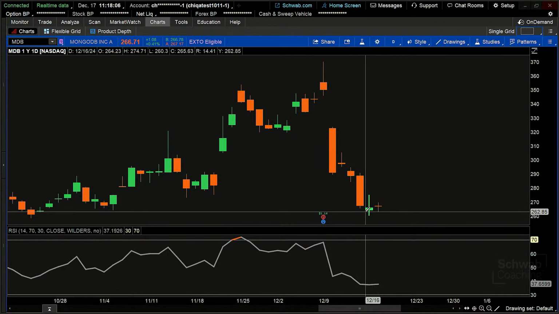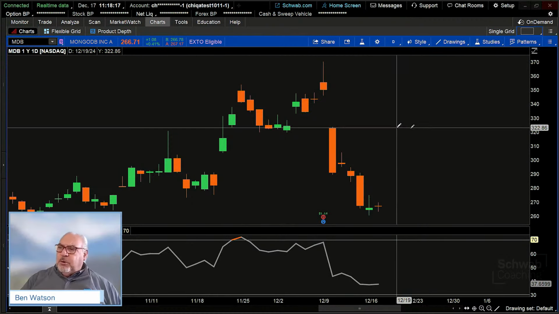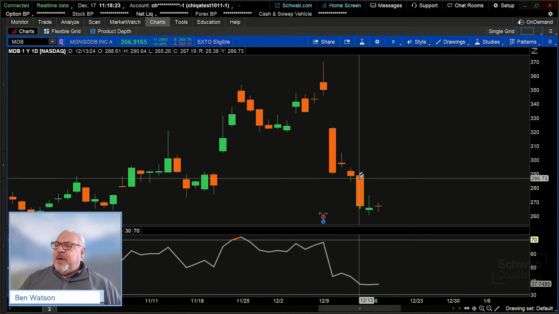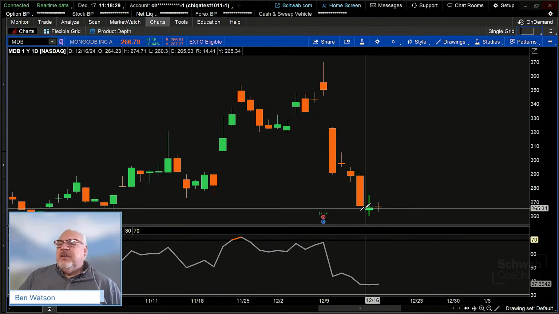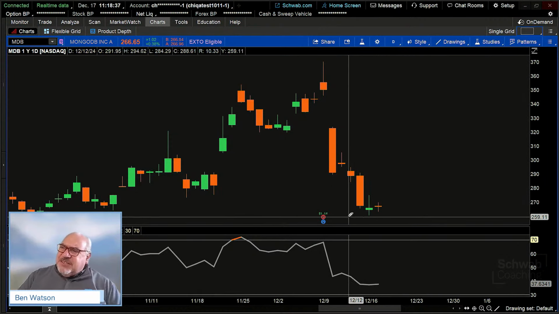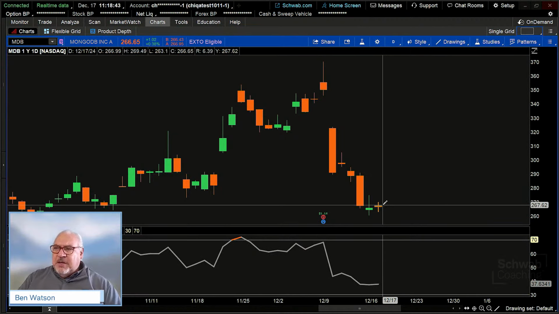Now, if the overall trend coming into this were maybe a little bit more bullish, right? If the longer term trend were overall more bullish, we might be looking at this type of pattern as what we might call a morning star type of pattern, where we get a big momentum candle, then we get kind of an equilibrium candle, but not really. And then we get a move back to the upside. And that's kind of the dawn, if you will, the new uptrend. But in this particular case, I don't know that that's really what's going on here, especially with that RSI bleeding off a little bit. That suggests to me that maybe this becomes a bit more of a downside move.